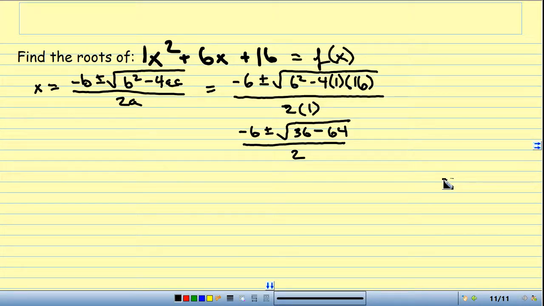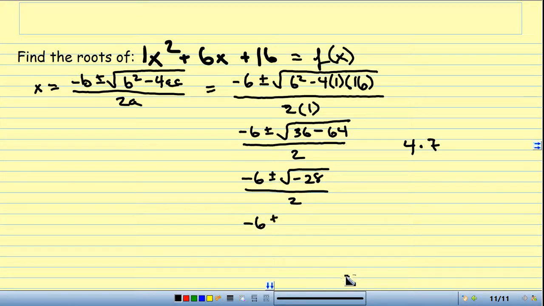Okay, well, 36 minus 64. What could that be? Negative 28. So I have negative 6 plus or minus square root of negative 28 over 2. Now, this is why it's imaginary, because under the square root, I get a negative. So 28 is 4 times 7. I can factor out the 4. That's a perfect square. So I have, and I'll rewrite that here, negative 6 plus or minus square root of